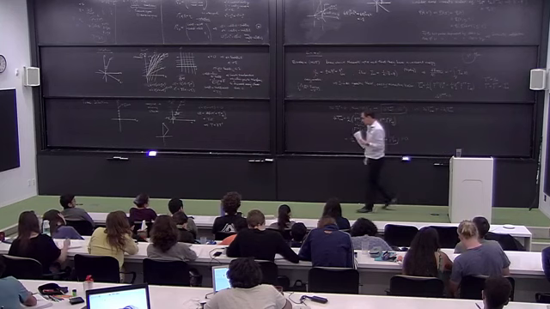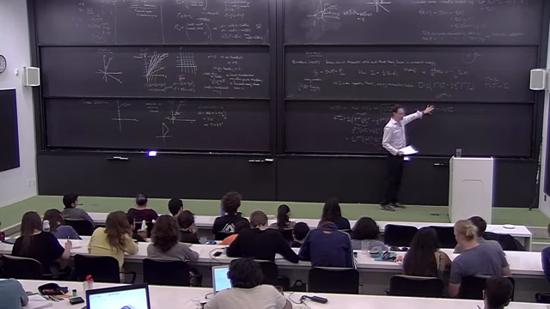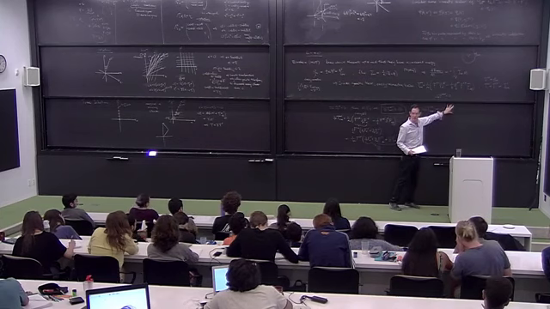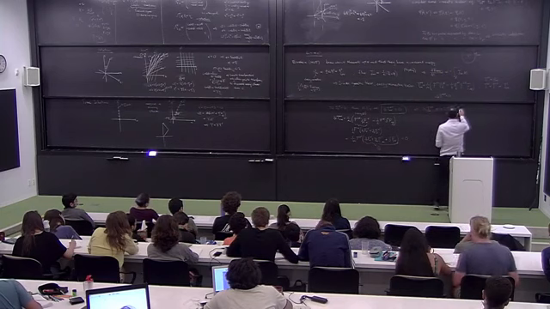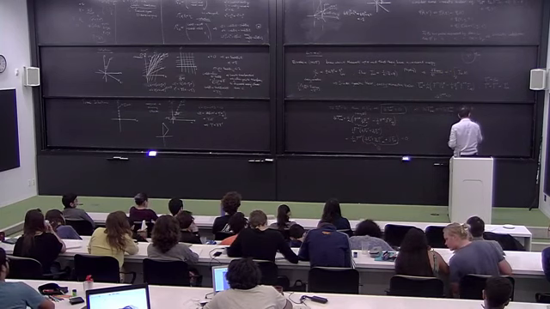But this implies that equation, which is that the rate of change of this density is equal to the divergence of this flux. And this is enough to tell you that if the energy